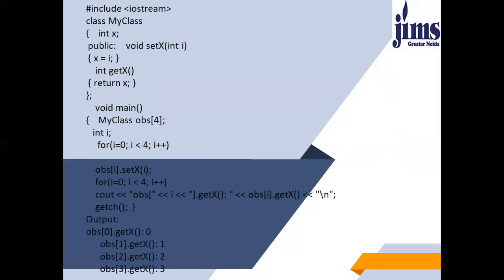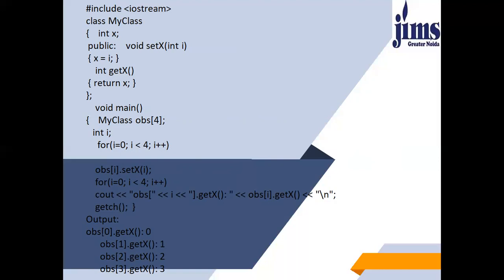Let's have a look at the program. We have here included the iostream file. Then we have created a class by the name myClass. Then I used an integer variable x. There is no access specifier defined before integer x. So the default access specifier, if not mentioned by the programmer, is private. So here integer x comes under the private access specifier.